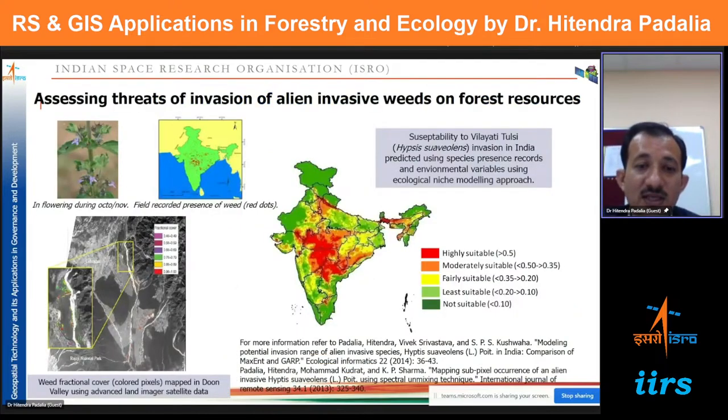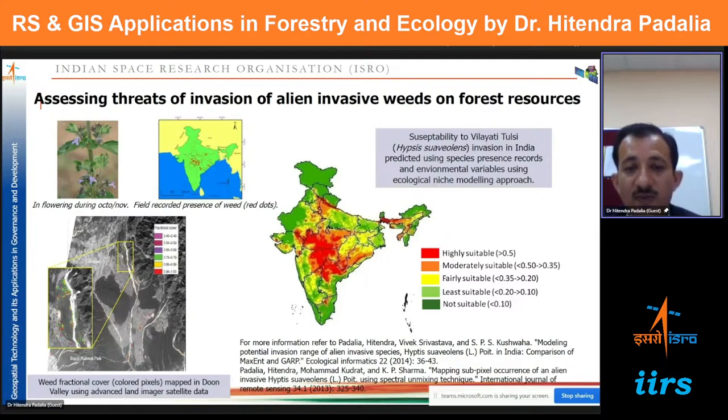Another aspect of forestry is that you have native vegetation which has been originally there, but as human movement is increasing across the continents, and a lot of transportation is happening, invasive species which come from outside, if they find our place better than their area, then they try to spread in this area. And in India, we have a lot of problem of this invasion, and we have more than 100 species of plants which are not of Indian origin,